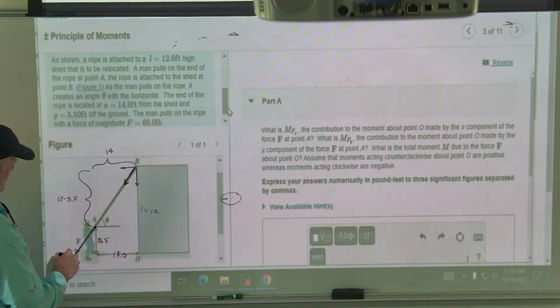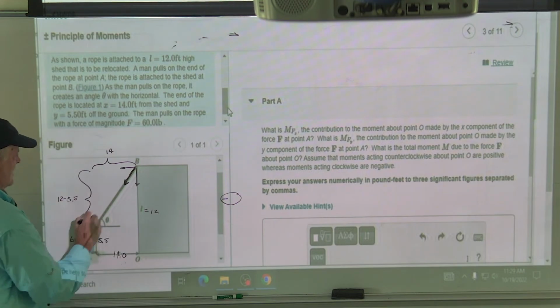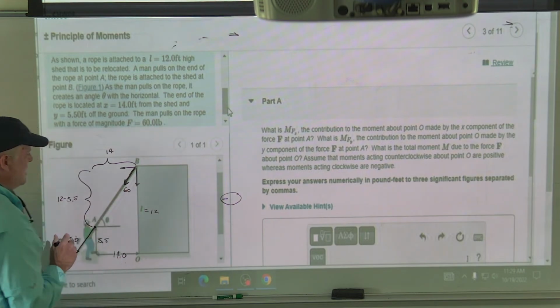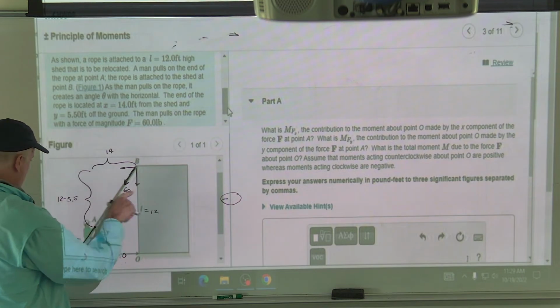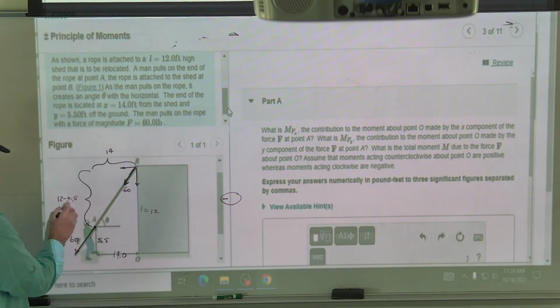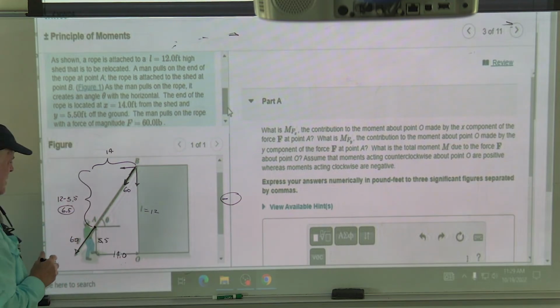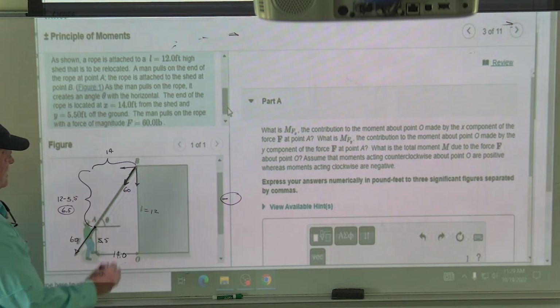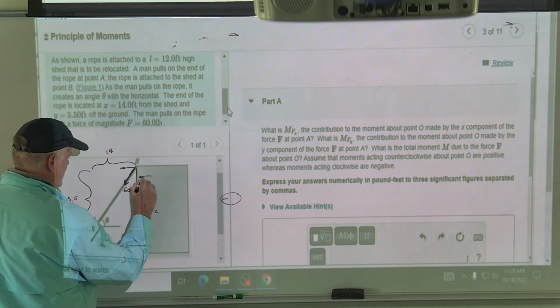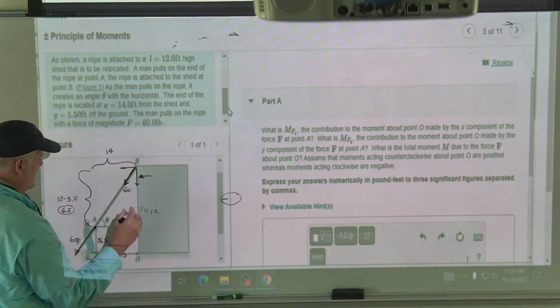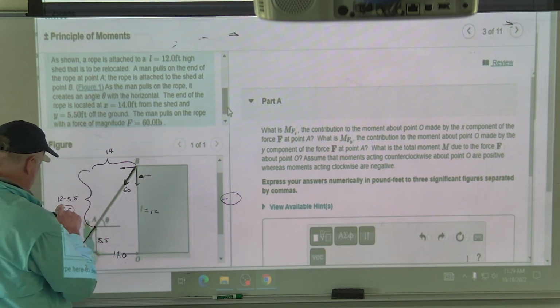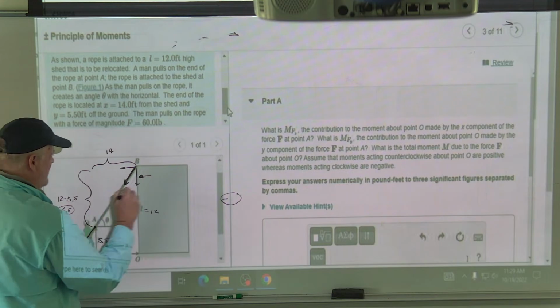He said this was 60 pounds, and so you can say 60. But the component here, let's see, if this number were 6, it'd be 6. So this is 6.5. Is that right? All right, 12 minus 5.5, I think that's 6.5. So that means this component, this force, is actually 6.5,